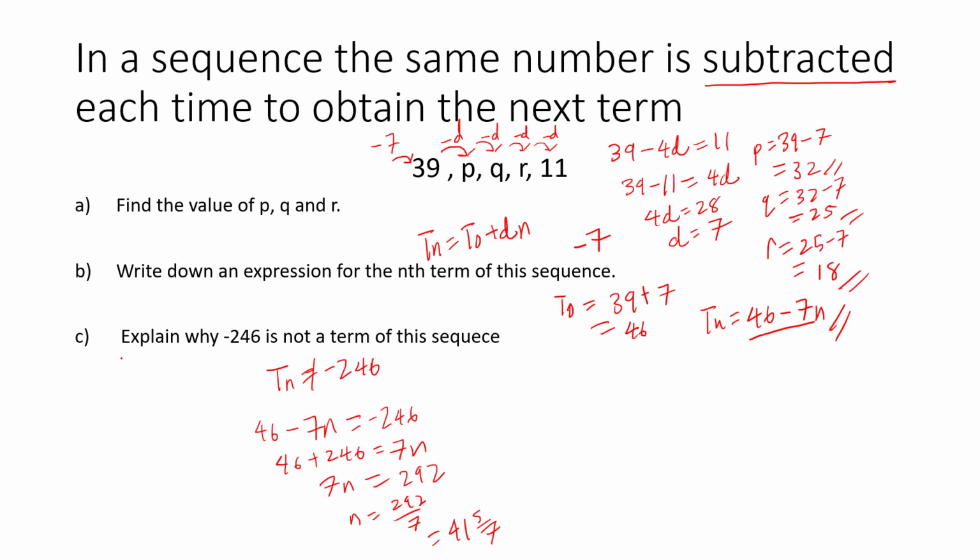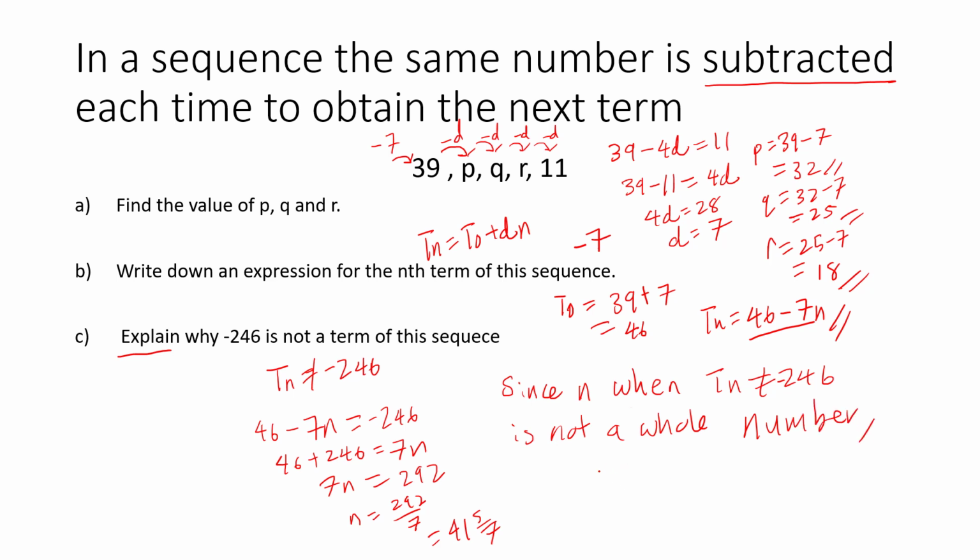So your explanation, because the question asks us to explain: since Tn is not equal to -246 when n is not a whole number, -246 is not a term of this sequence. Okay, I hope that you have gotten this question correct. And for your